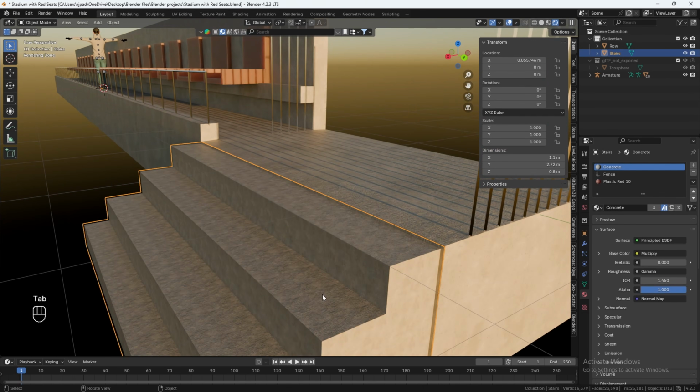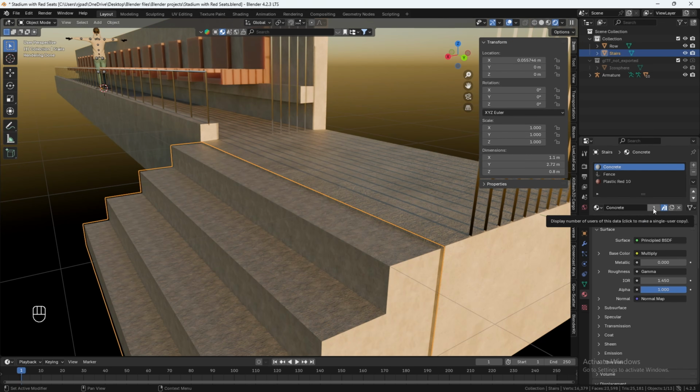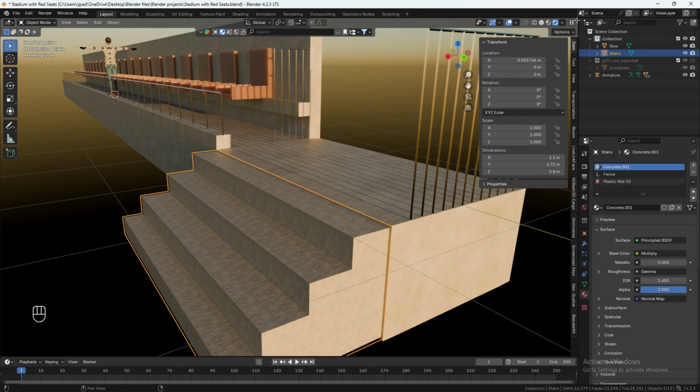But I want this concrete texture to look different from this a little bit. So to do that, I'm going to just click on this number 3 here to separate it from this row here, the material at least. So if you click this, it'll separate the material. Now it's separated, and now we can go back to the shader editor,